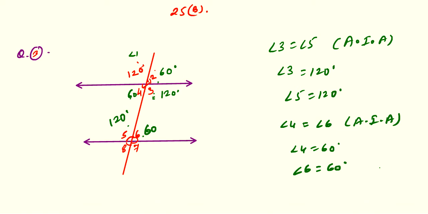So now angle 6 and angle 8, these two are vertically opposite angles. So this is also 60 degree. Angle 5 and angle 7, again vertically opposite angle. If angle 5 is 120, that means angle 7 is also 120. As you can see, 60, 120, 180. 120, 60, 180. From all the combinations, you are getting 180. Clear? So question number 4 you can solve.